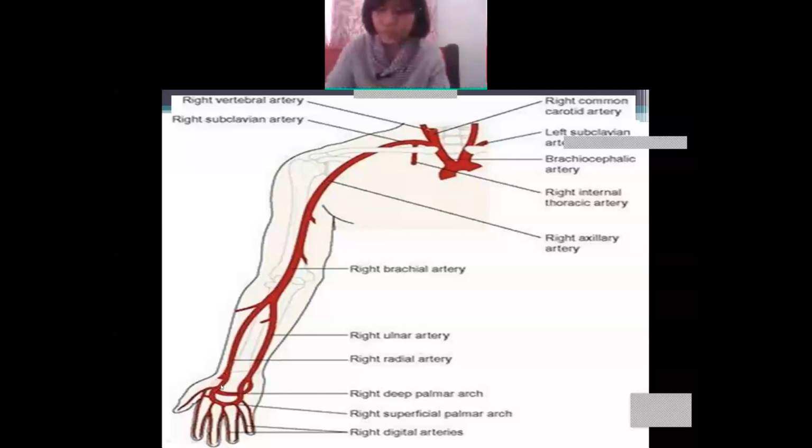Understand? And this artery runs downwards to the ulnar artery. That is this side, the ulnar artery, and they cross and pass all over the hand. That is, you can say the deep palmar arch, the superficial palmar arch, and the last one is the digital arteries. So in this way the arteries are connected, or they pass in this manner. That is the upper limb vessels.